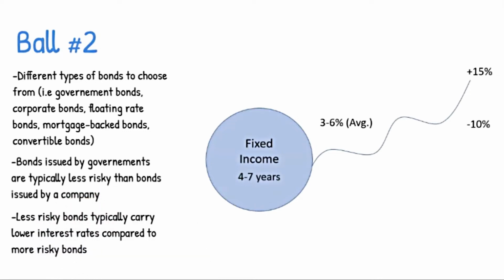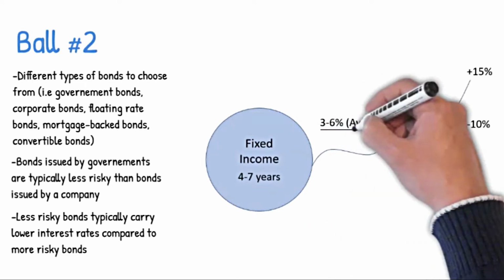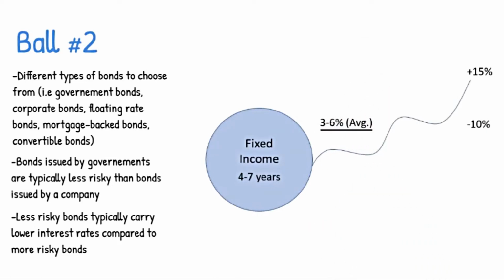However, in a diversified portfolio of fixed income or bonds, you can generally expect to average between 3 and 6%. With interest rates at historical lows currently, we are closer to the lower end of that average return expectation. Like we said, bond prices can fluctuate with interest rate movements and other factors, and so there is a moderate degree of volatility and risk that an investor must consider when investing in a diversified bond fund. In a good year, a diversified bond portfolio might go up 15%, but in a poor year it could drop 10%. Therefore, we recommend bonds for money you have 4 years or longer to invest before you need to spend that money.